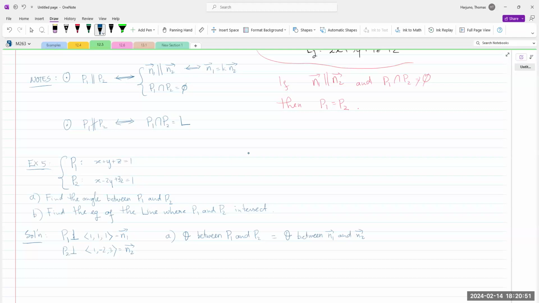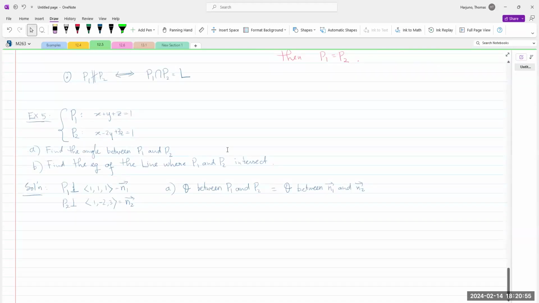Now, in 12.3, we have learned how to find the angle between two vectors. That's why we always think of that from vectors' point of view. So cosine theta equals the dot product N1 dot N2 over the magnitude of N1 and N2,